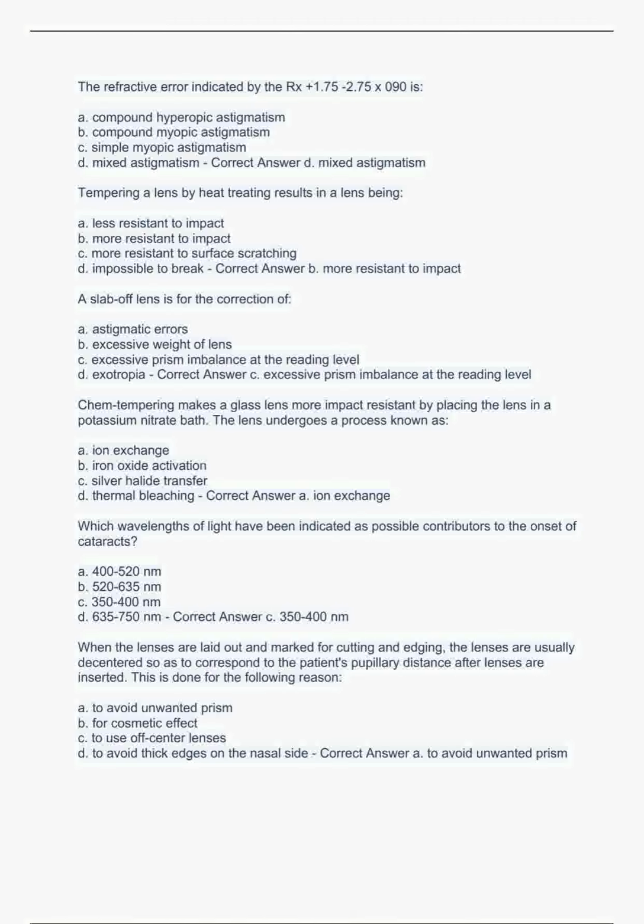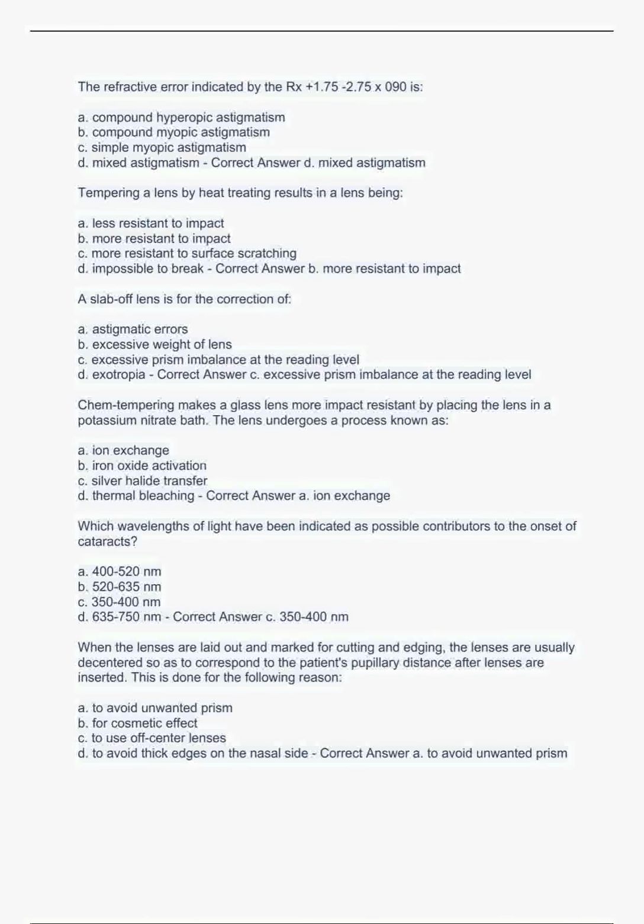A. Less resistant to impact. B. More resistant to impact. C. More resistant to surface scratching. D. Impossible to break. Correct answer B. More resistant to impact. A slab-off lens is for the correction of